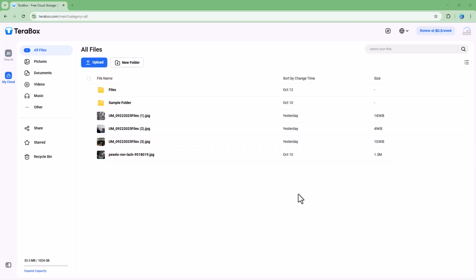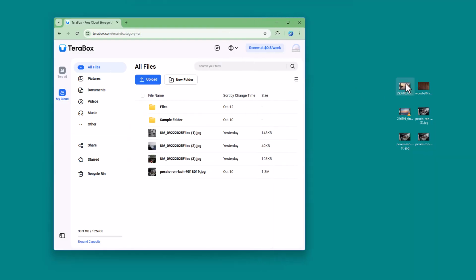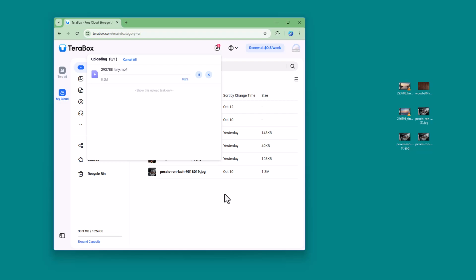One of the ways in which you can upload files within Terabox is by simply dragging and dropping them onto the window. So here you can see that I have the web page opened up, and here I've got some files. If I want to upload one right here, then all I need to do is click and drag the file right here, just like this, and the file will be uploaded just like this in